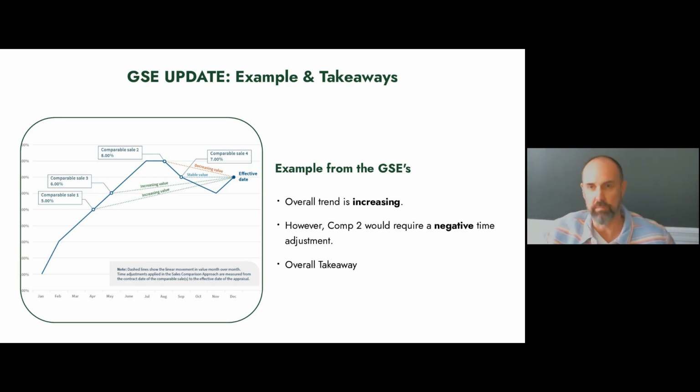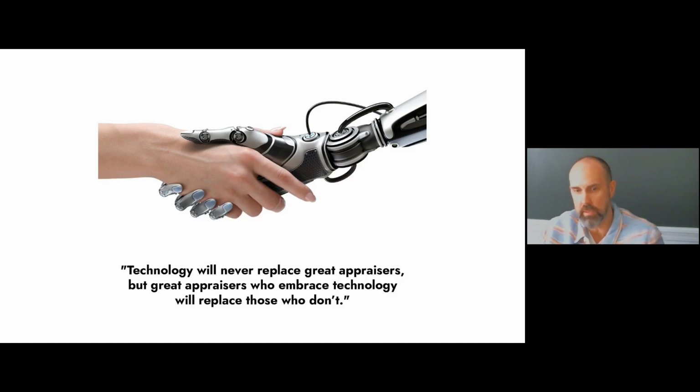So just if I were to look into a crystal ball and guess what's coming, I don't have inside information, but I do attend these conferences. I do listen to them when they talk, and it sounds like they're not happy with overall adjustments as well. Okay, I'm gonna go to the next slide, take a drink real quick. Okay, so